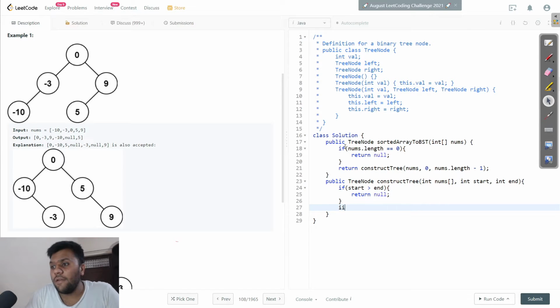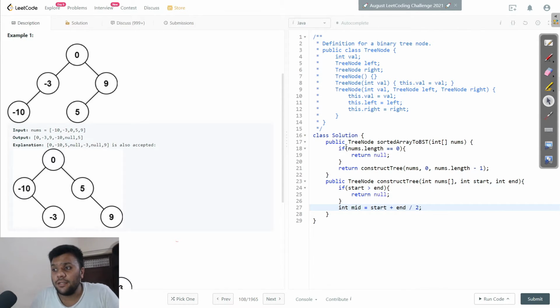Now I will calculate my mid. It's time to calculate the most important thing, mid, which helps us construct this binary tree. I could calculate it as start plus end divided by 2, but doing this, if the integer overflows, the code will crash.